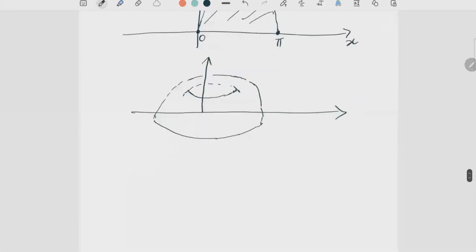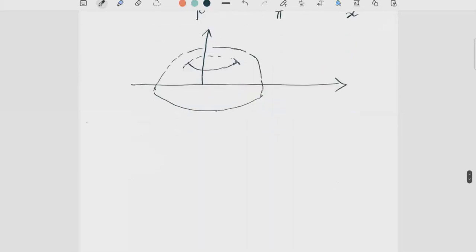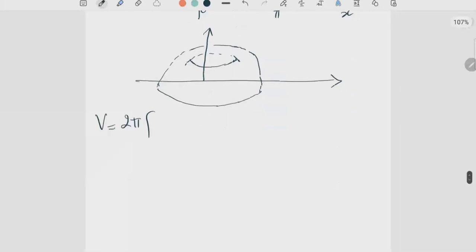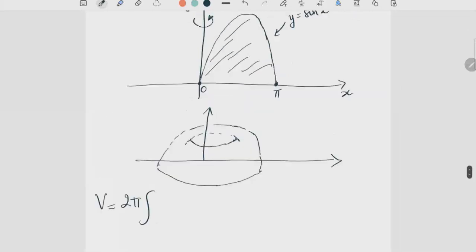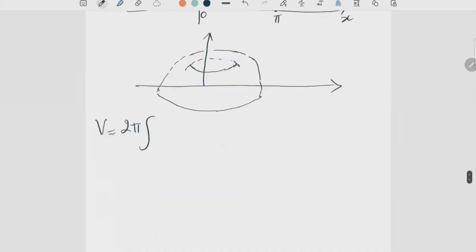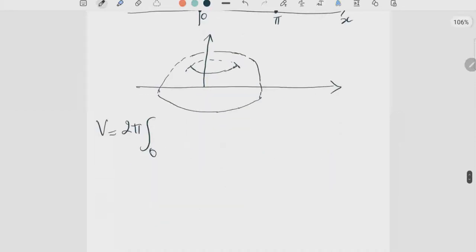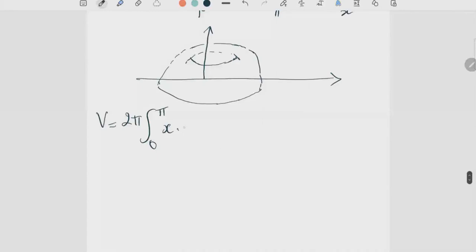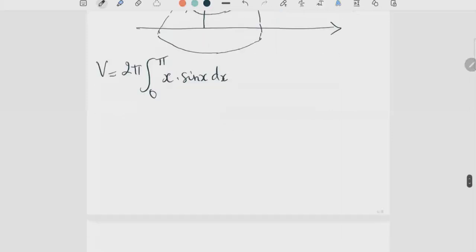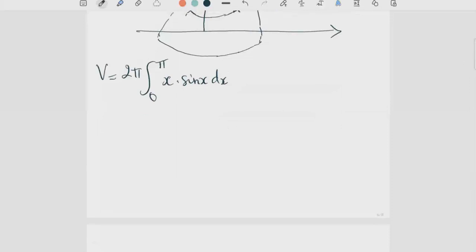Anyways, the formula now for this volume is 2 pi, integral from 0 to pi, those are our limits, of x multiplied by y of x, which is sine x, so x multiplied by sine of x, dx. We are asked to evaluate this, and that is where we would use u-substitution. I think that's where we'll